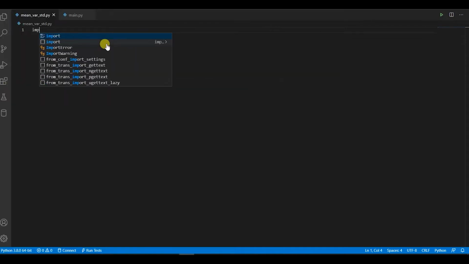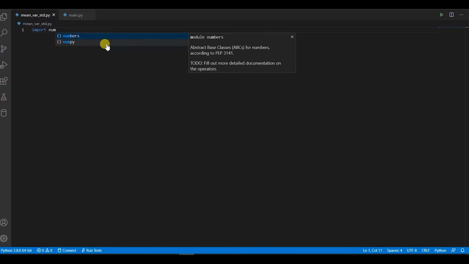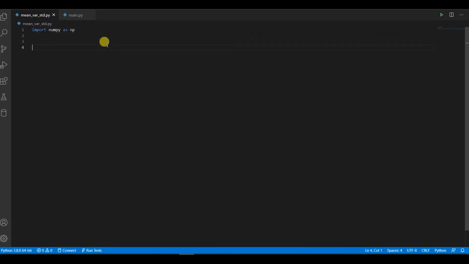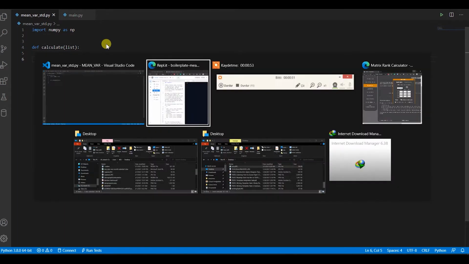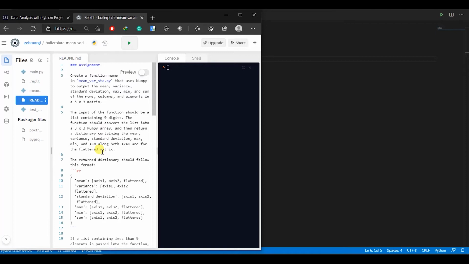Just start it with import numpy as np. Okay, so firstly they actually want us to create a function, calculate list, and the next part here actually they want